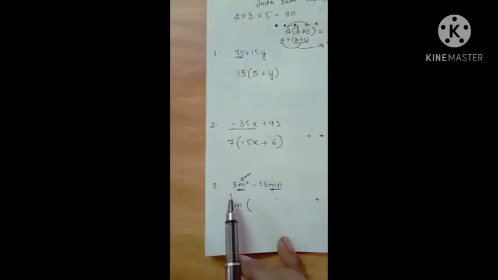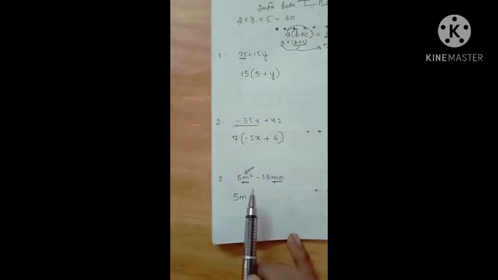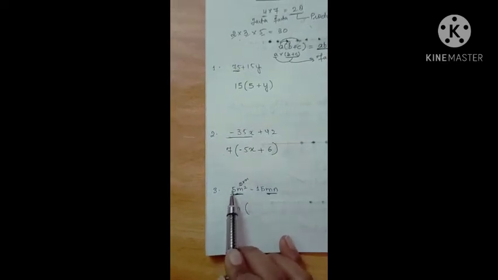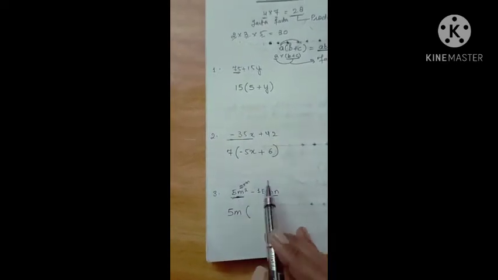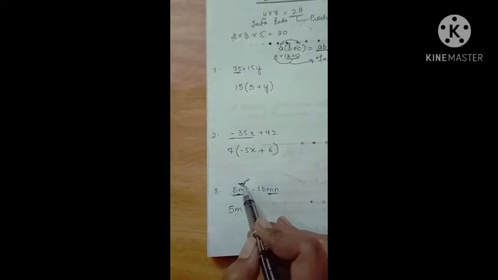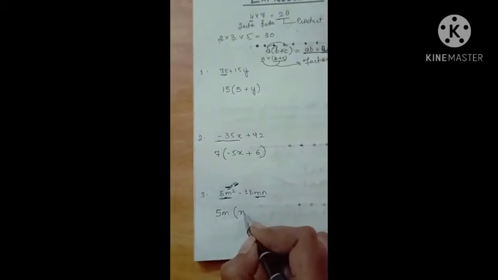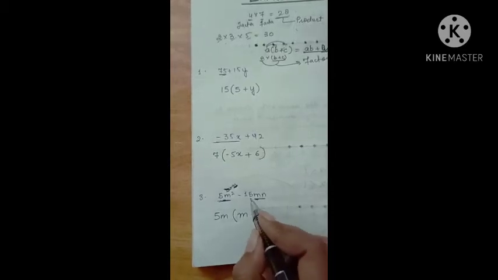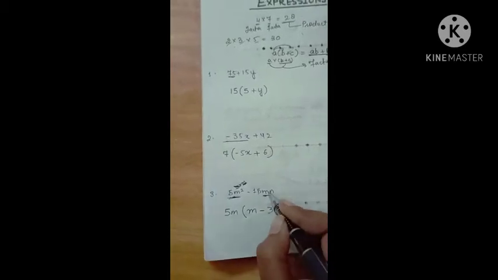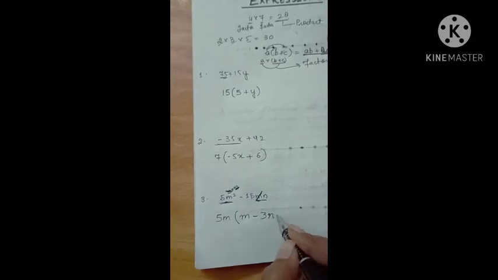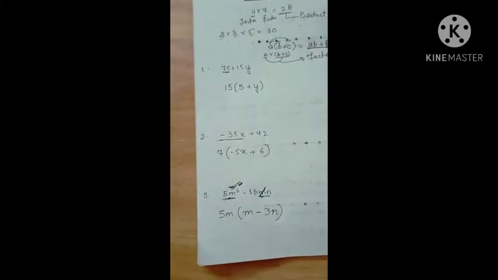So we have taken out the common factors 5 and m from here. So what is left here? 5 1 times is 5 and 1 m is left here. We have taken m as common and m is left over here, so we write m. Then minus 5 3 times is 15. We have taken this m as common and what is left over here? n. So we write it here. Okay.